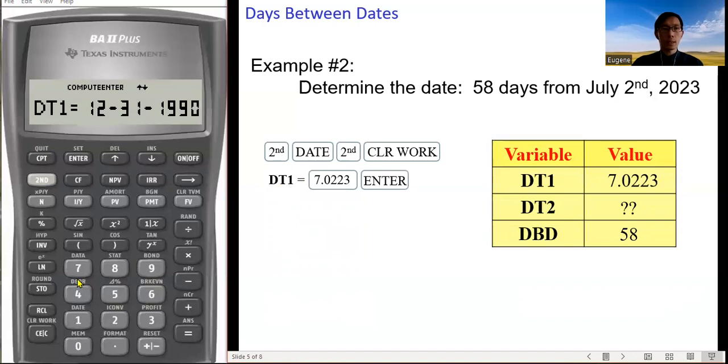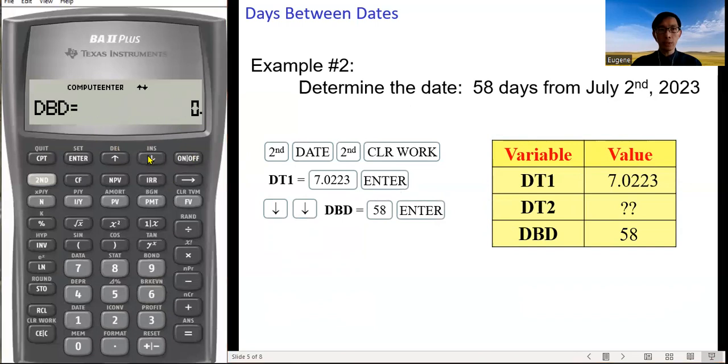DT1, 7.0223, enter, July the 2nd, 2023. And then press the down arrow. We need to compute DT2, so we skip it, get to DBD, which is 58. Press enter.